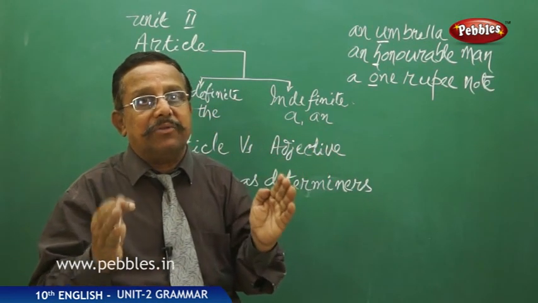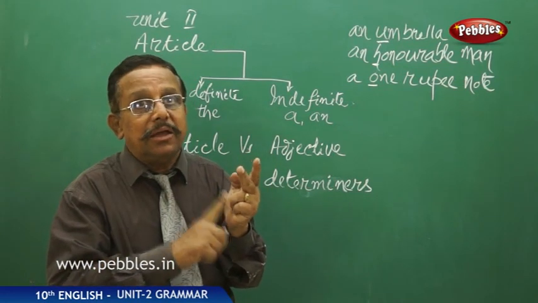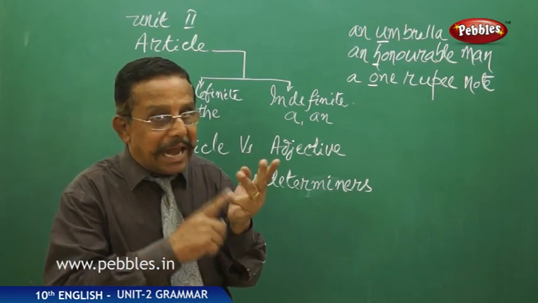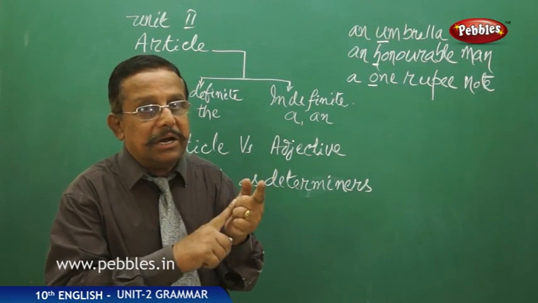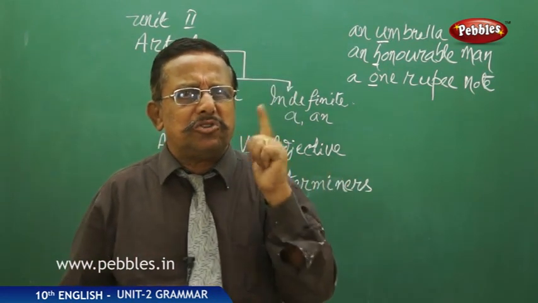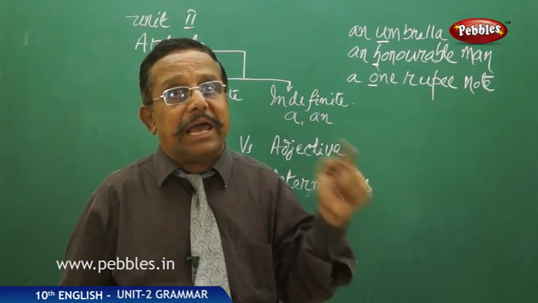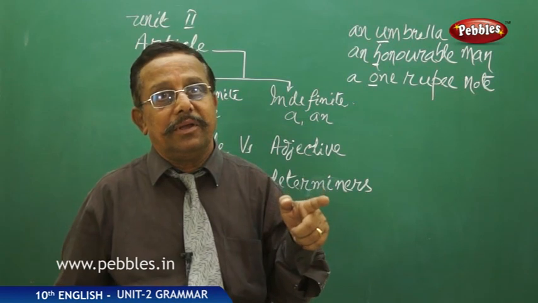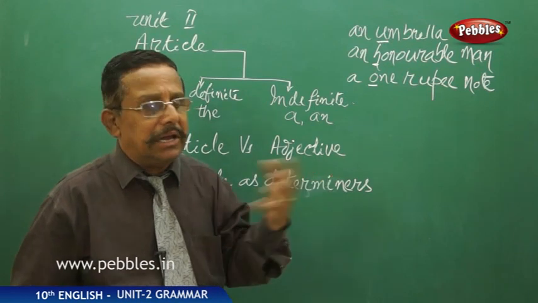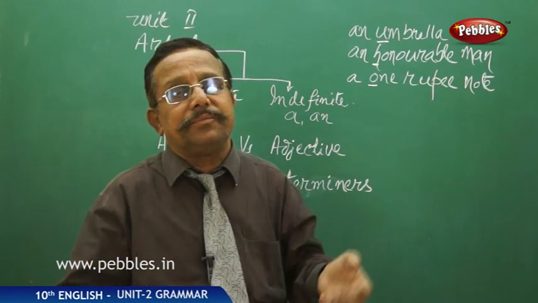Whenever we are writing, when we think we are writing correctly, you write it, you read it, you hear it, you feel it. Four things. You write, you read, you hear and feel. Then, if you feel it is correct, it has to be correct. That means there is no person required to tell you this is right, this is wrong. So how to feel it? Whenever we are reading an honorable man, you see it has come in a flow, in the right manner, then your brain itself says it is correct.